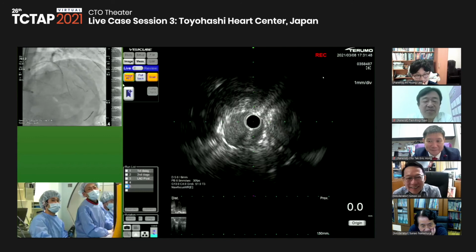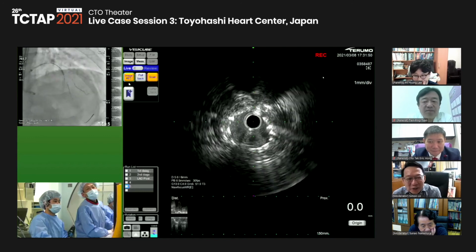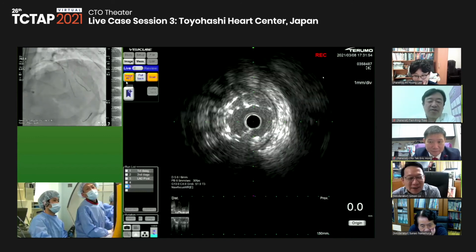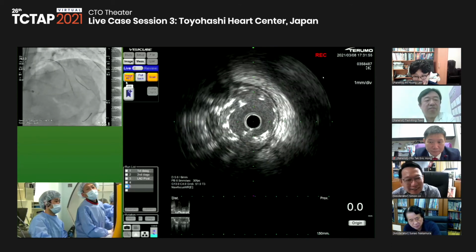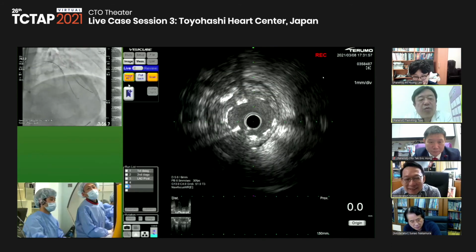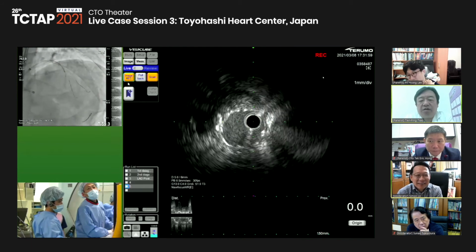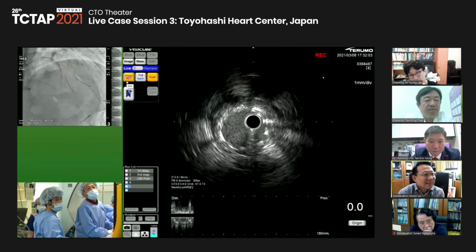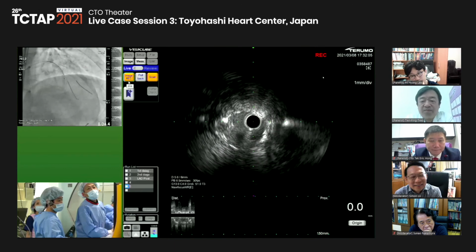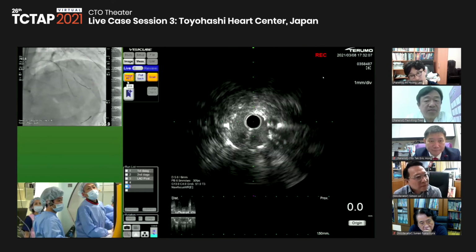Dr. Tsao, would you also do a kissing balloon followed by POT? Yes, this is what I usually do. Kissing first and then POT. Okay, 3 mm is fine.